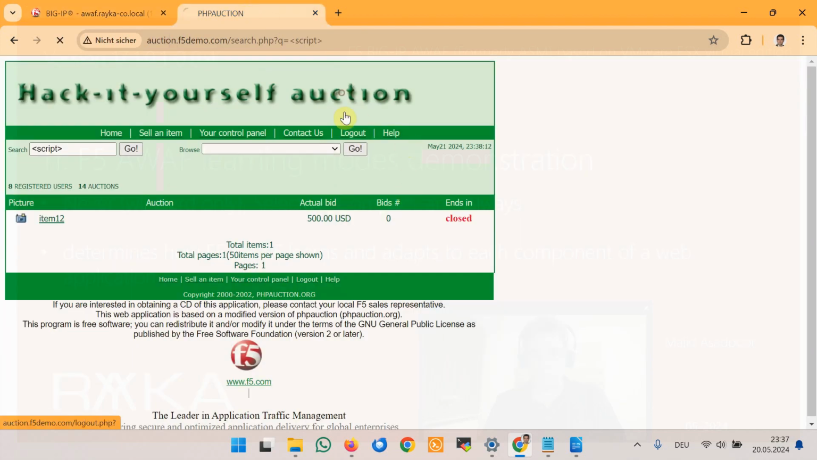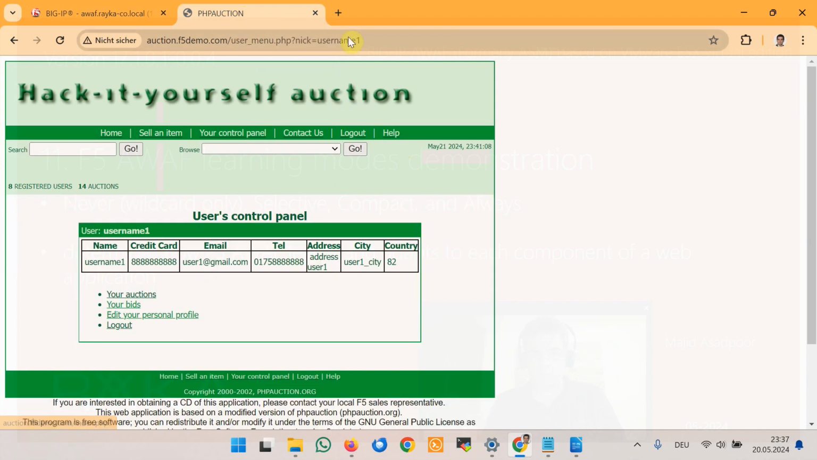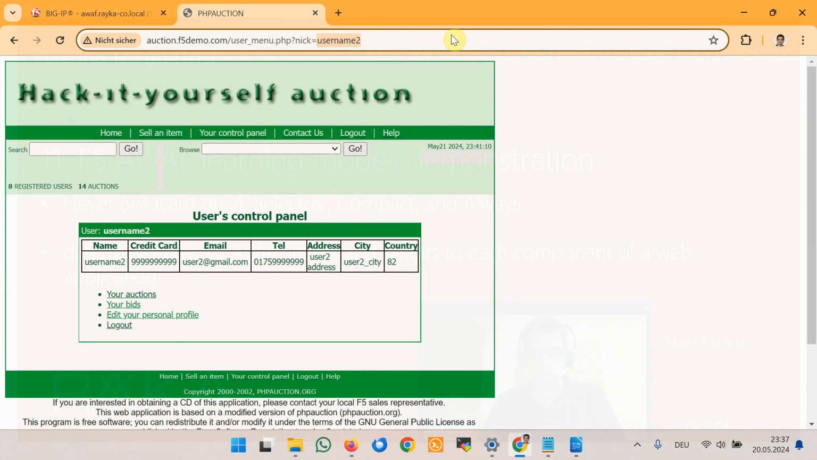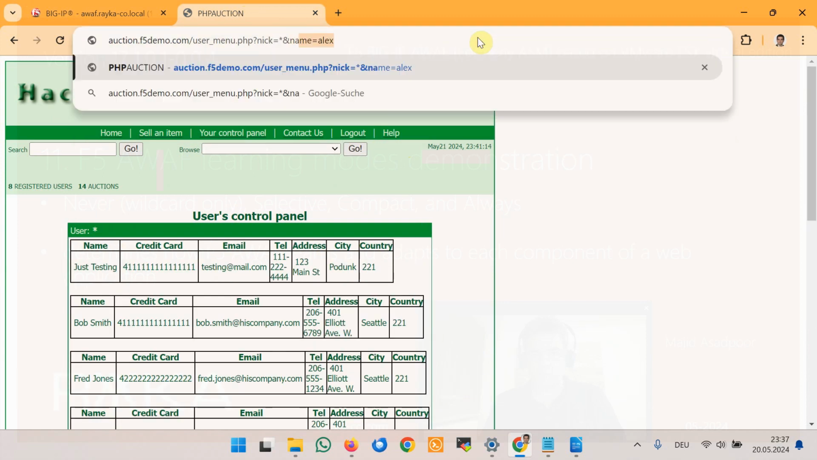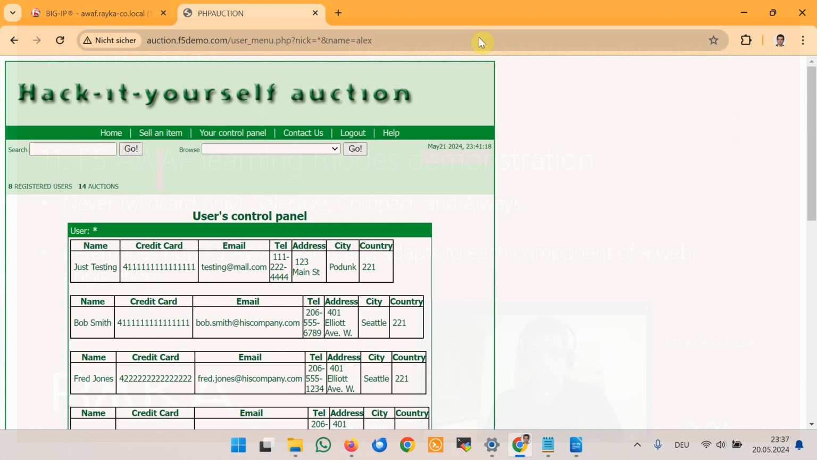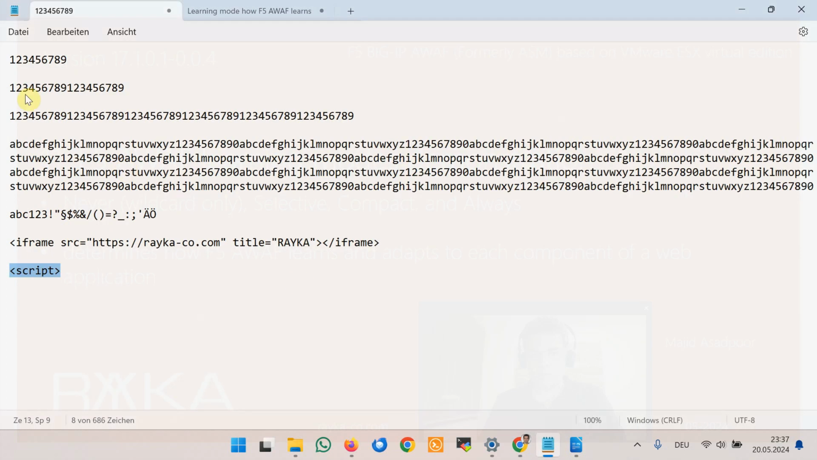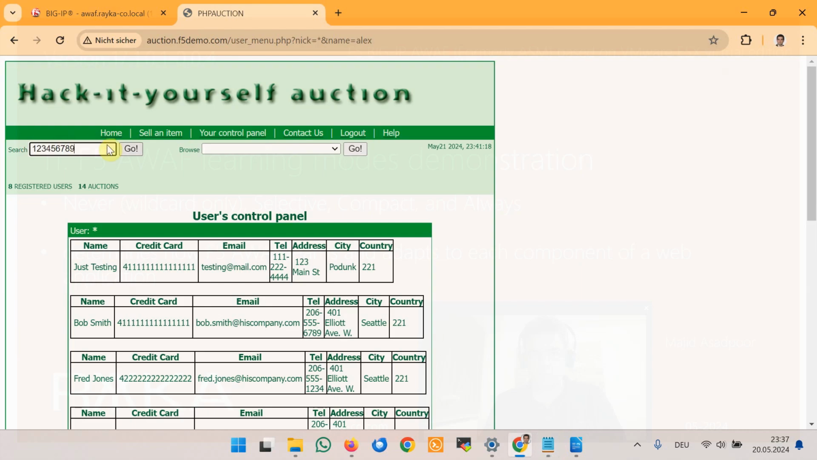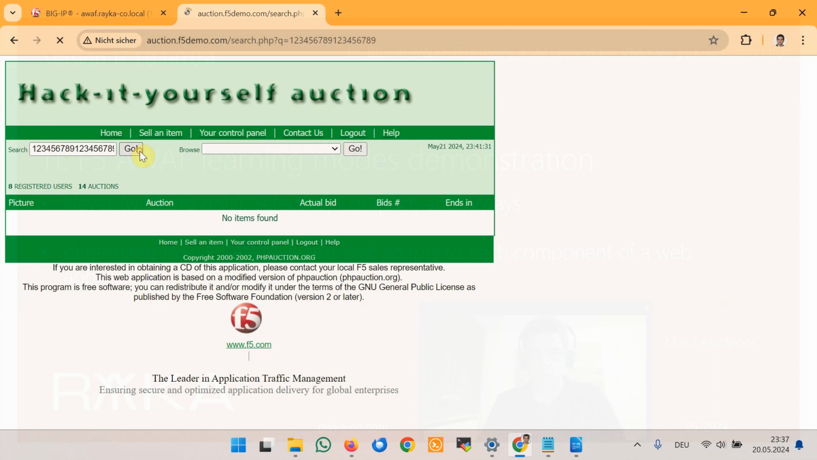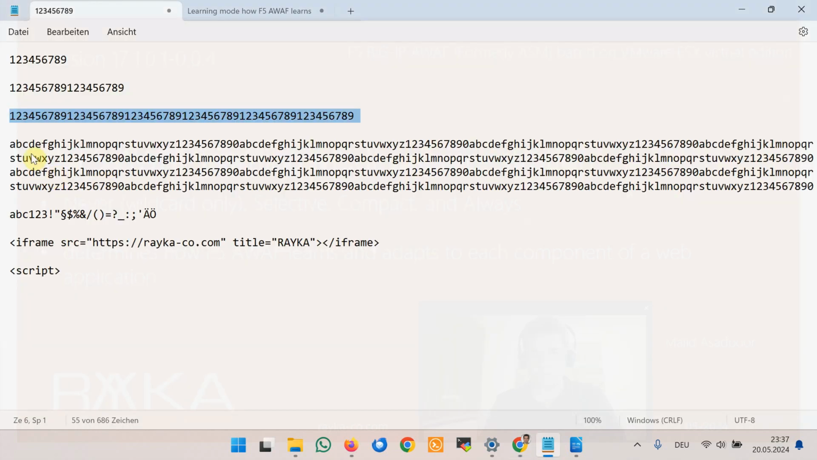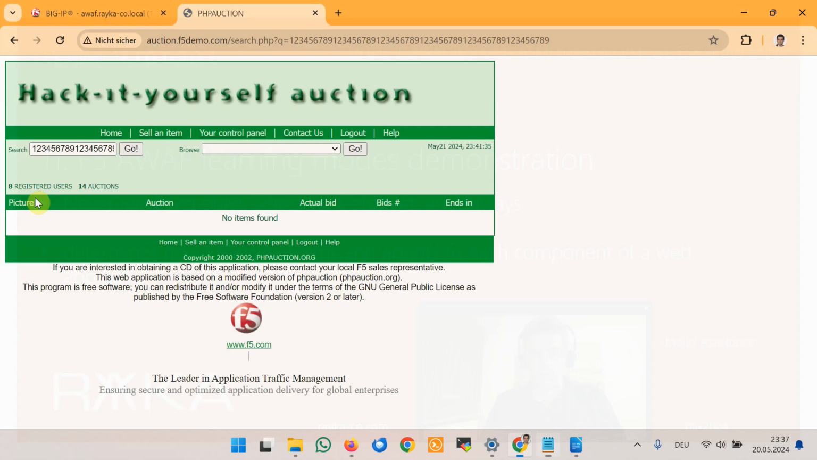Here in the control panel, username 1, then we change to username 2, and then we change to a star, and then we will add a new parameter with the name of name and the value Alex, and then we will search something here in the search box with the first value, with a longer value, and then still longer, and still a very long value,